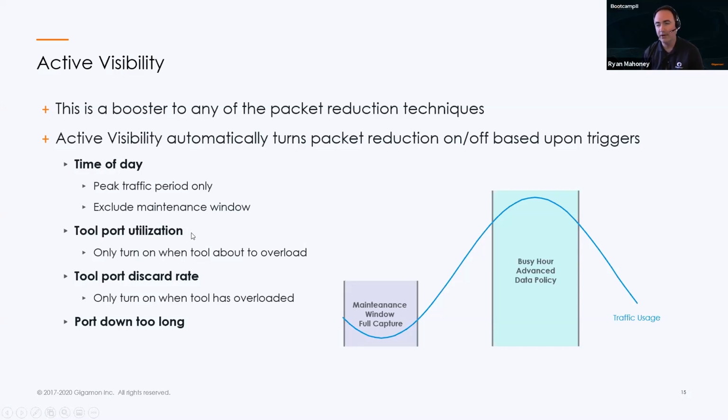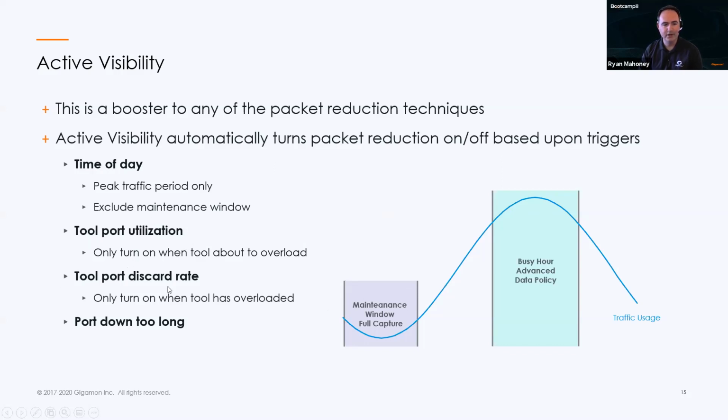So if you have a tool port, say you have a tool that has two 10 gig interfaces, but can really only process 16 gigs of traffic. So you could set this to say, hey, when either of those two ports goes above 8 gigs or goes above 7.5 gigs, whatever you want it to be, then take the action, launch the trigger, and turn on the packet reduction. And then when it goes down below or it's a comfortable rate, you can then turn it off. So you can do that based on the utilization rate on the tool ports,